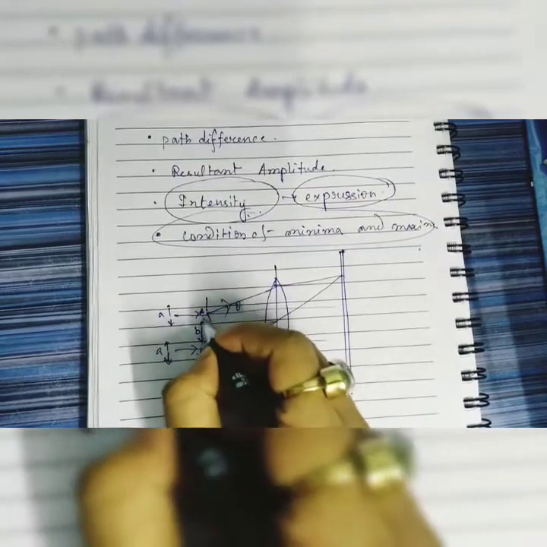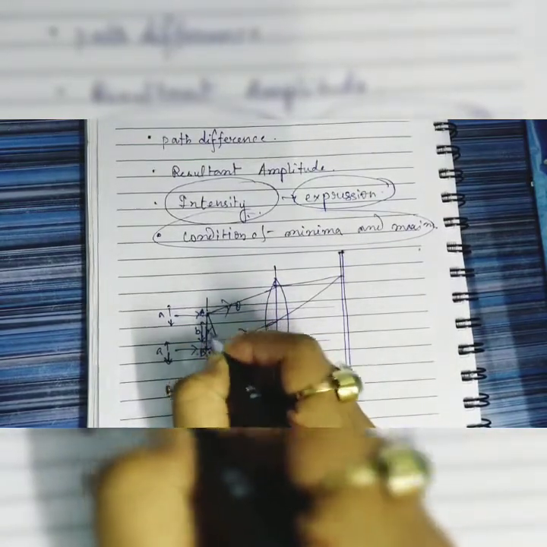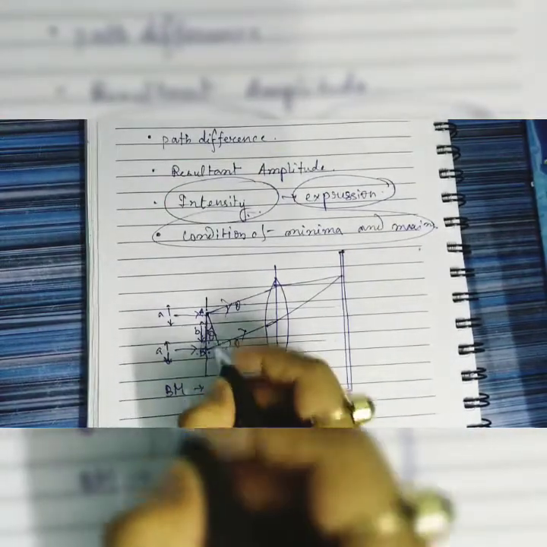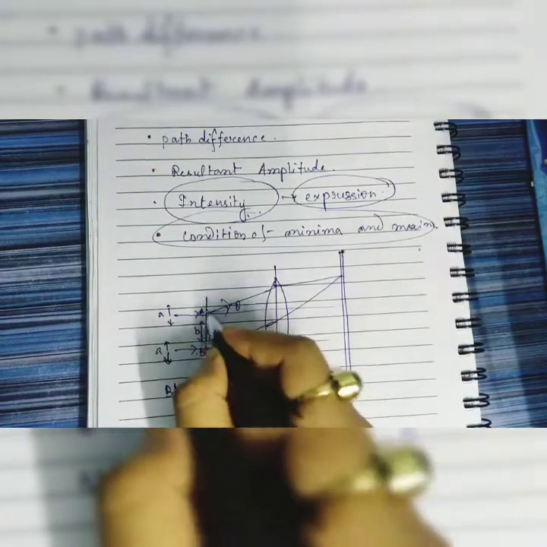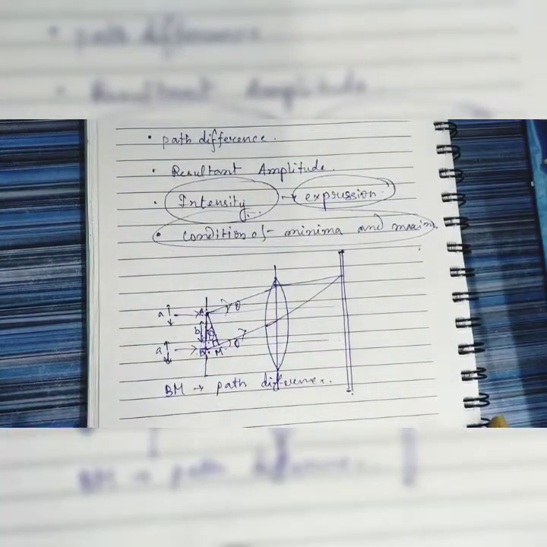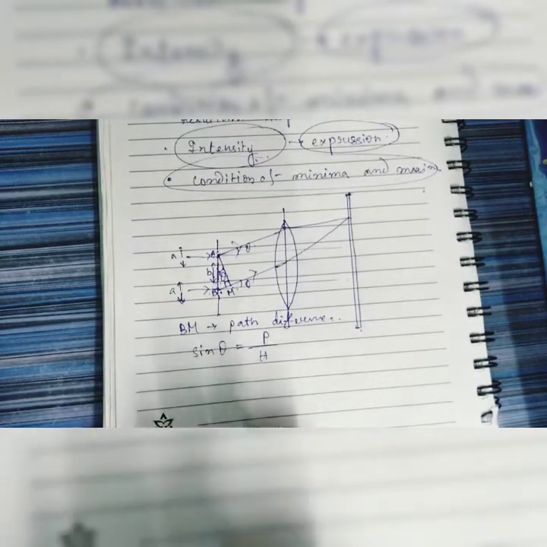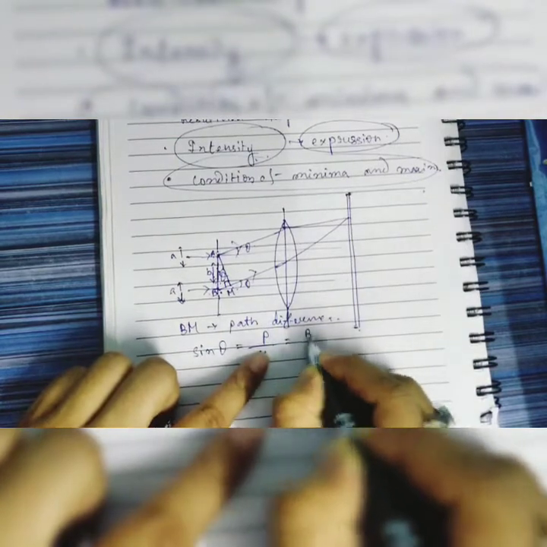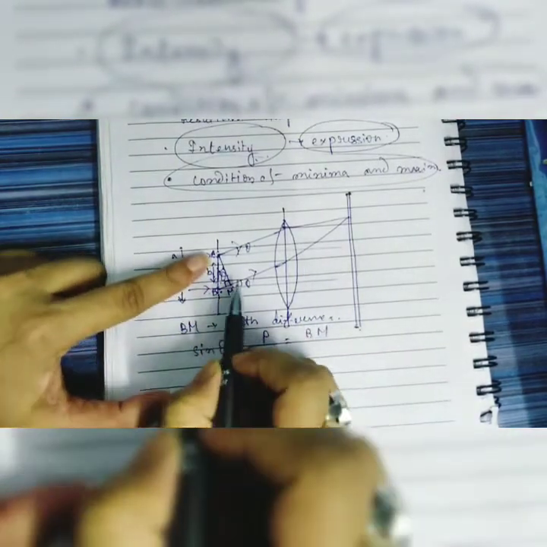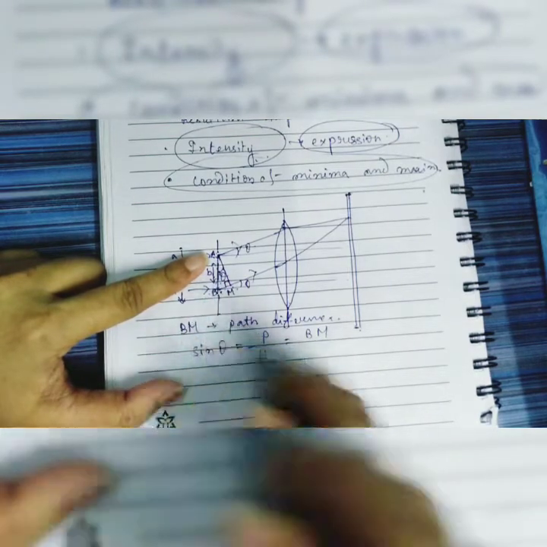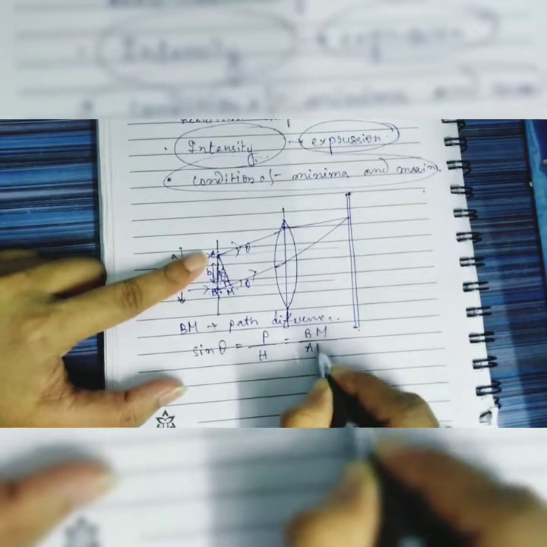Okay, so exactly as we have done, this is theta. Already we have discussed in the previous video why this is theta. Whenever it is theta and this is 90 degrees, now ABM is a right angle triangle. So for a right angle triangle, what is sine theta? Sine theta is exactly perpendicular divided by hypotenuse. Now what is the perpendicular over there? Basically the perpendicular is BM from this triangle, because the opposite side of the acute angle is always the perpendicular, and this is the hypotenuse. So it will be BM by AB.